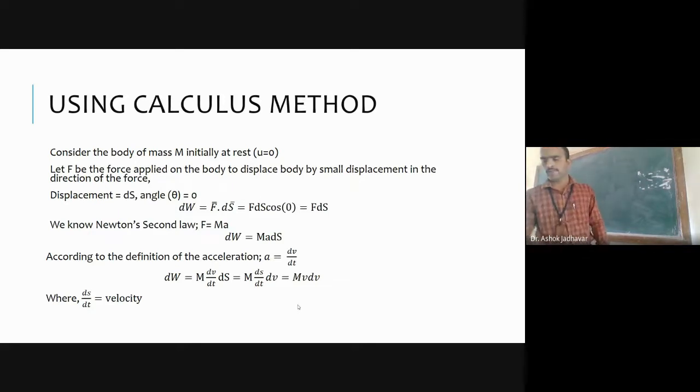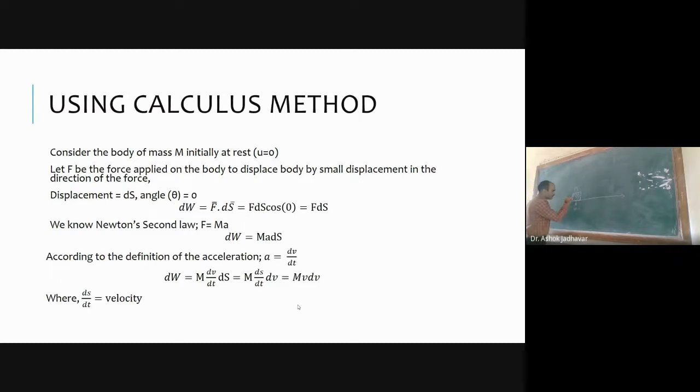So what are we going to consider here? We will consider that we have some body with initial velocity u equal to 0, that is, it is at rest, and let us consider we apply some force on the body. So we are going to consider one body which has some mass m. This body is at a position A with initial velocity equal to 0. This means that this body is at rest initially.